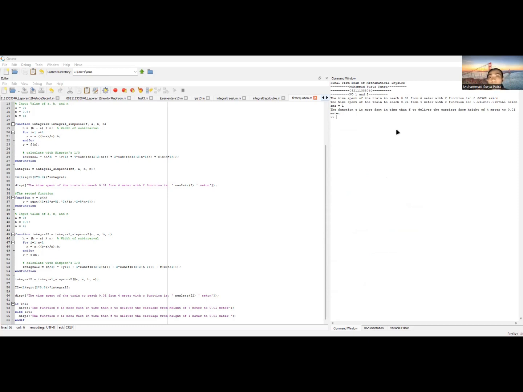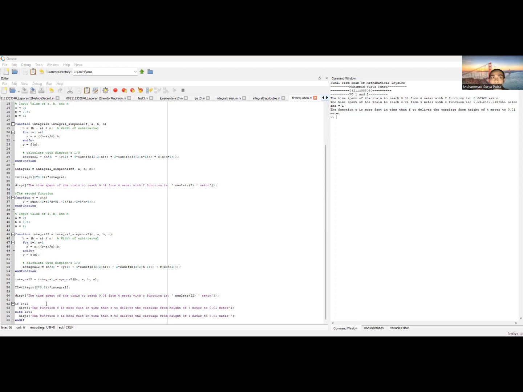And the second one, the C function: the time span of the train to reach 0.01 from the 4 meter is 0.54124 plus 0.018765 E, which is the complex function of the complex number. And then I already compare it. So in here, I'll compare it if the E